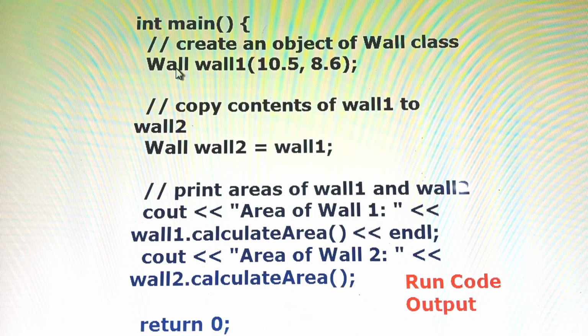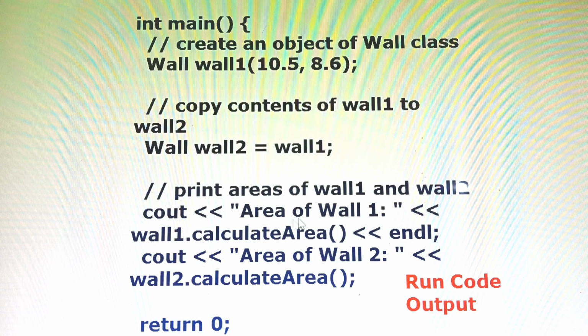Okay, the wall object name is wall1, the basic values are 10.5 and 8.6. Wall2 is equal to wall1. Okay, that means copy the contents of wall1 to wall2. Wall2 is equal to wall1. Here what are the contents? 10.5 and 8.6. Okay,